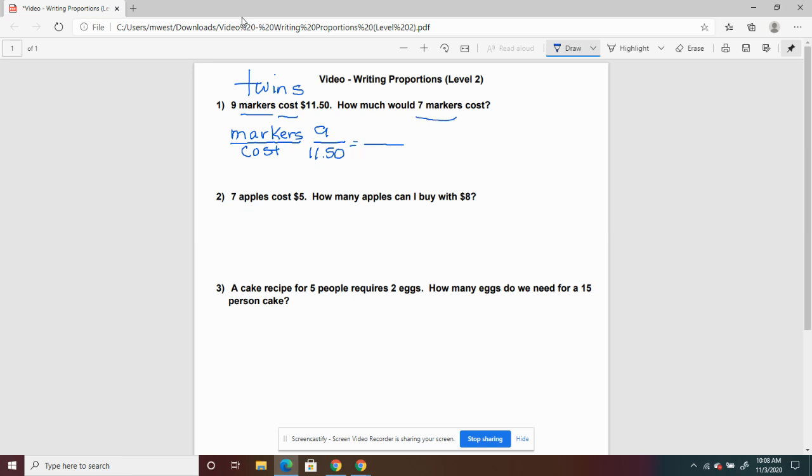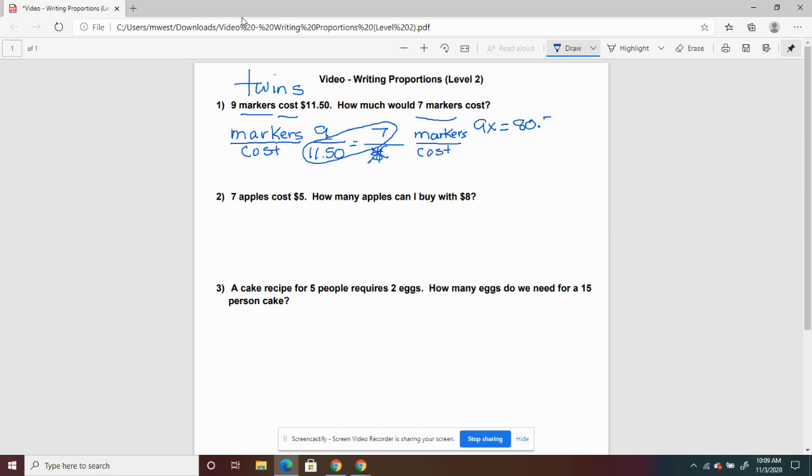Now the markers are on top, so we're going to put 7 here, and then we do not know the cost. Because on this side, we want them set up as markers over cost as well. All right, and you remember in the previous video, I circled the two that were opposite diagonal of each other. And this should be X, not the dollar sign. So here we have 9 times X, which is 9X equals, and 11.50 times 7 is